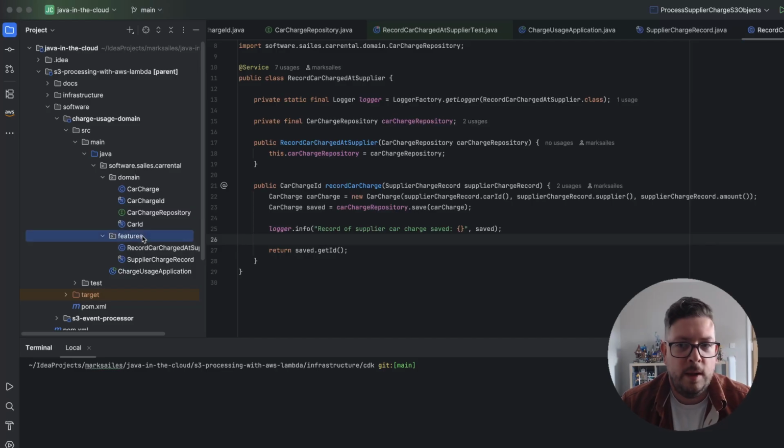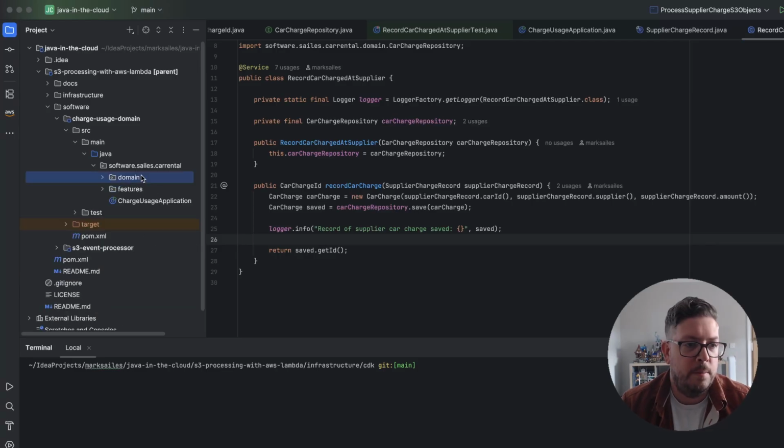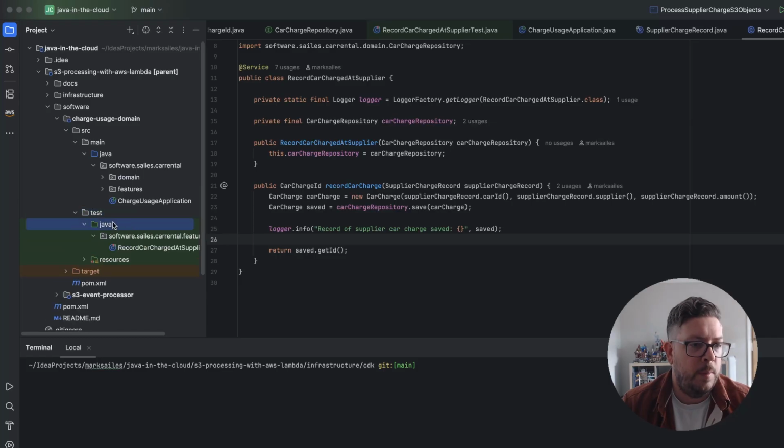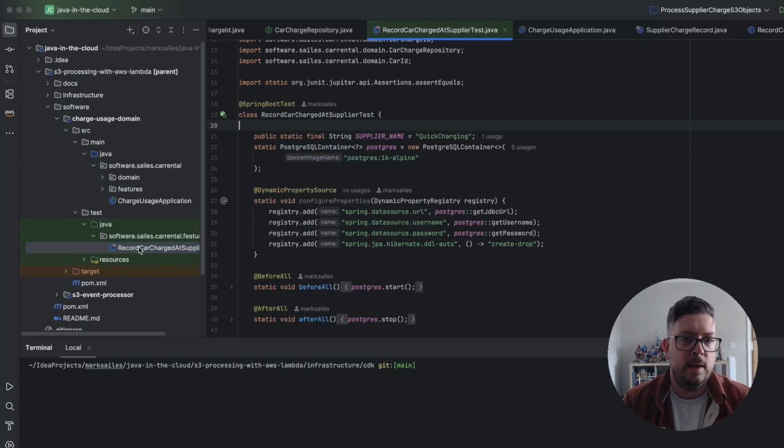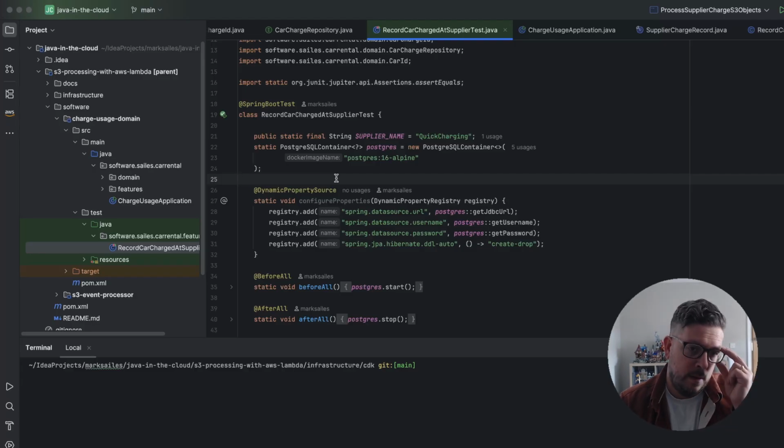Now, already this is using an external third-party process with Postgres. So how am I going to test this? Now, you could test this by using something like Docker Compose and standing up an application and a whole database. The way I like to do it is using test containers, and this will